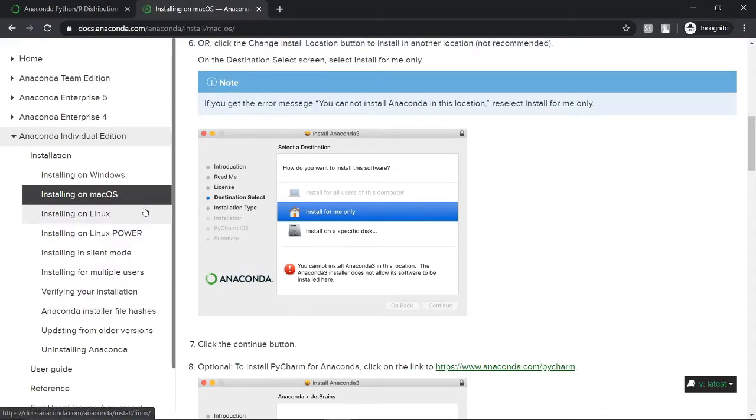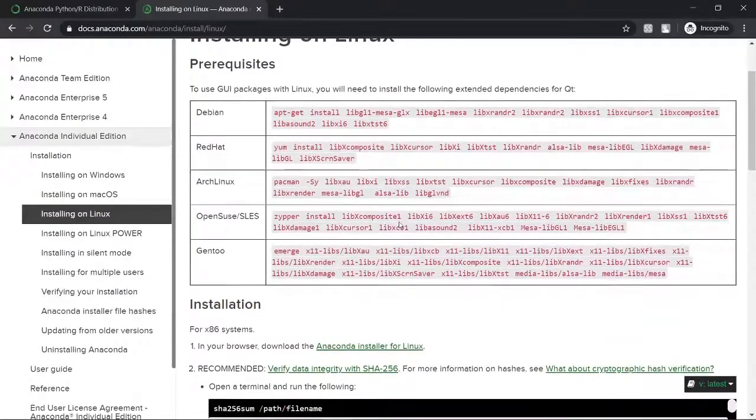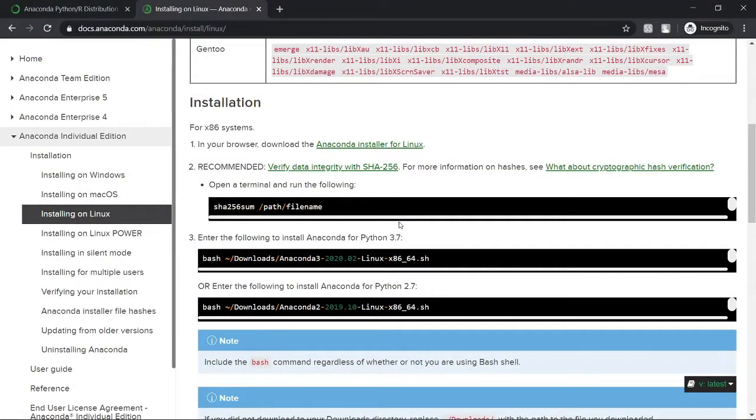And for Linux, as I said earlier, it will use the command line interface. So here are the commands that Linux uses to install Anaconda onto its system. Basically what you need to do is just copy and paste these commands onto your command line so that Anaconda will be installed smoothly onto your system.